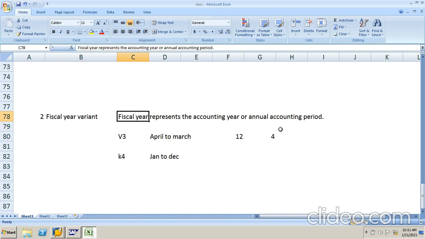So this is a fiscal year variant. It represents your posting periods, when they start and when they close. All these are represented by the fiscal year variant.